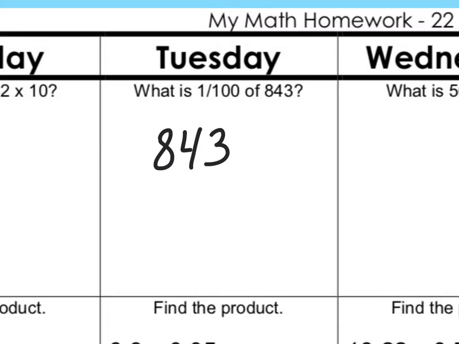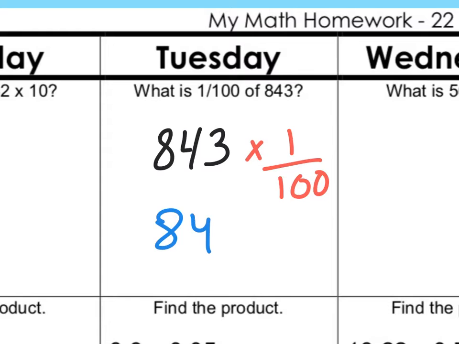Because when you multiply something by 1/100th, you're going to get much smaller. So you need to move that decimal to the left. And the decimal is located right at the very end of a whole number. And it has to move to the left because it's getting smaller. And it has to move to the left twice. So two place values. 1, that's 10 times smaller. And 2, that's 100 times smaller. So our answer is really going to be